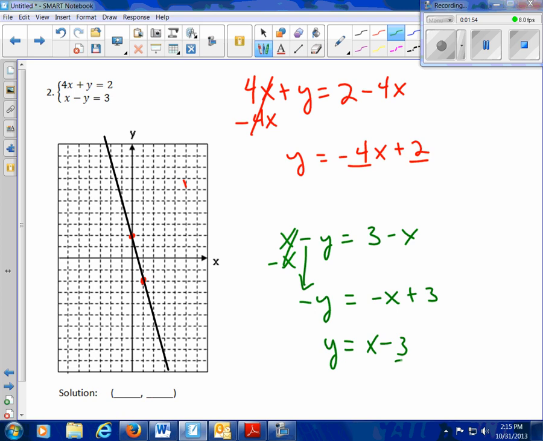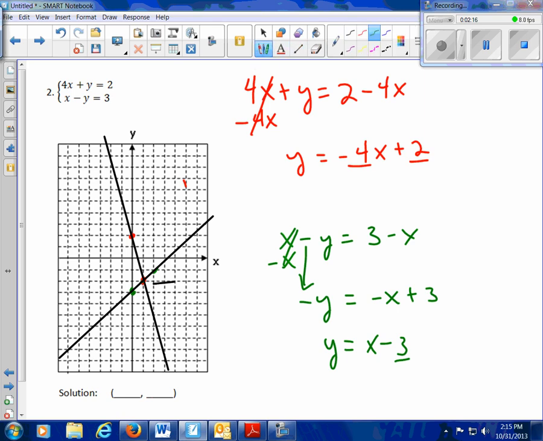So let me graph that. Negative 3 is my y-intercept, and then 1 over 1 is going to be my slope. Again, show both lines, and it's pretty obvious where they cross. It's going to be right there in the middle